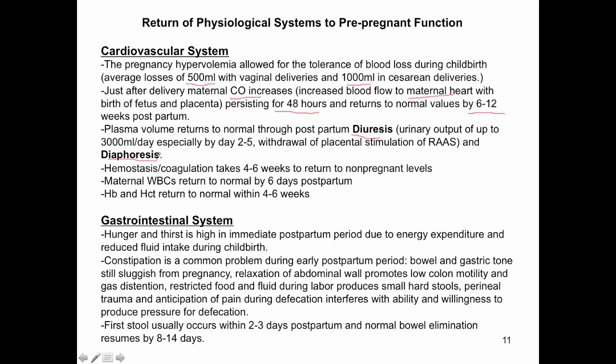Okay, so she's going to pee it out and she's going to sweat it out. So urinary output postpartum can be up to 3 liters a day, especially in the first 2 to 5 days. And that's going to be really helped by the withdrawal of placental renin. Remember, the placenta was putting out lots of renin that was stimulating the renin-angiotensin system and causing sodium and water retention. So that's all going to go away, and mom's going to pee out quite a lot of plasma. And then she's also going to sweat out a lot of plasma, so a lot of